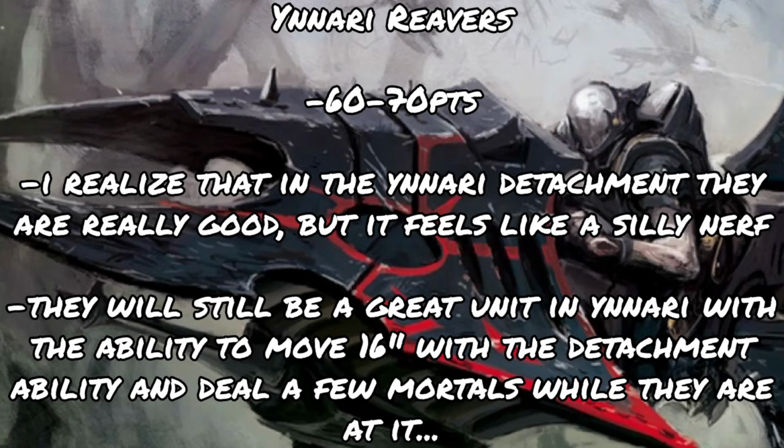Now, I do realize that in the Ynnari detachment, because they had movement 16, they were really good because of the ability of the Ynnari to move a unit when you destroy a unit. So you could technically move these guys 16 inches at the end of the shooting phase, basically screen something out and then deal mortal wounds to something as well. I realize that's a really good combo for just 60 points, but it does feel like a silly nerf because